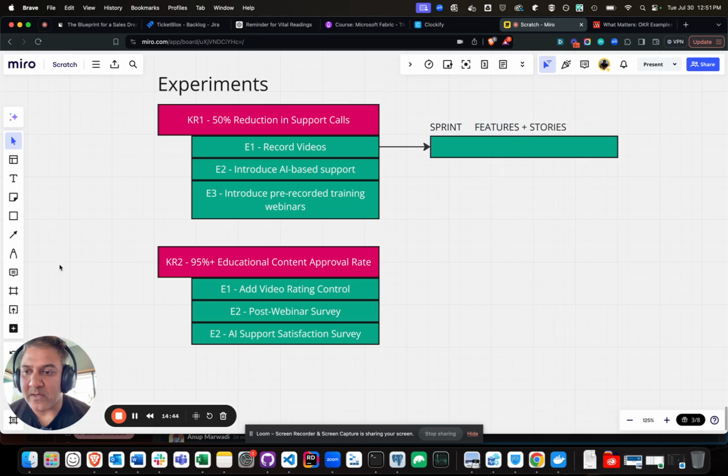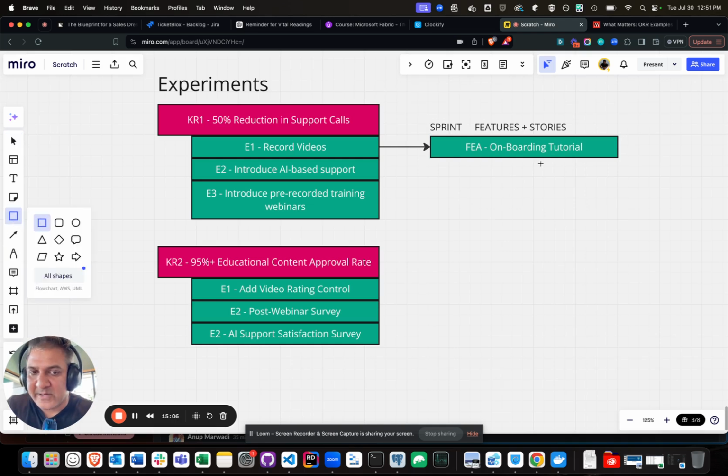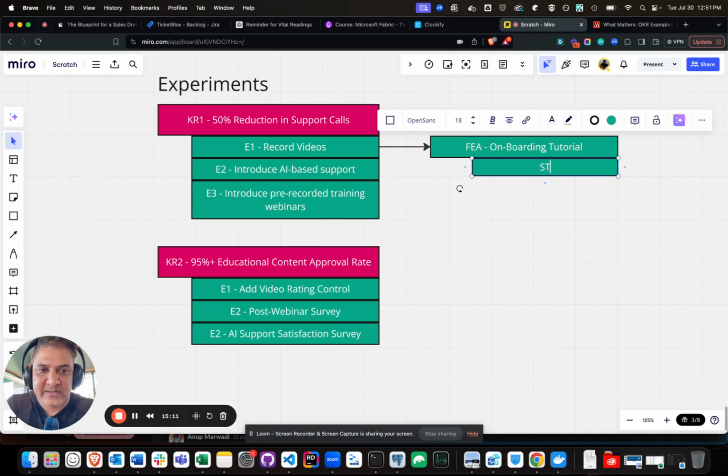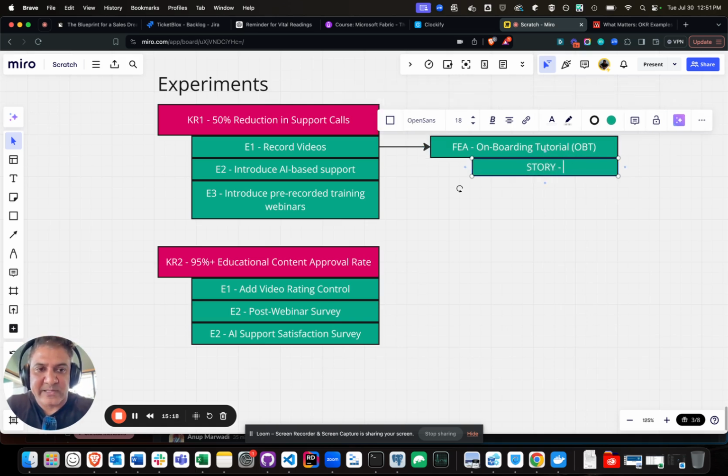So it is important, again, for a product manager to understand what they're sprinting towards and what their features and stories are. So when we do stuff, we always break things down very easily into what we call features and then broken down into stories. So we would do a feature, let's say, onboarding tutorial. Let's just say that that's what we're going to do. Then we would say one of the stories is going to be, and then we give this a key. So let's just call it OBT, okay? So one of our stories would be OBT